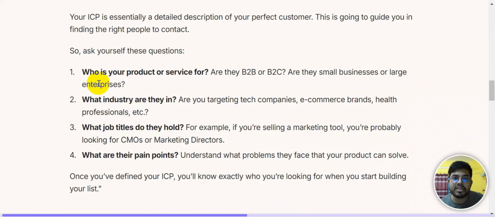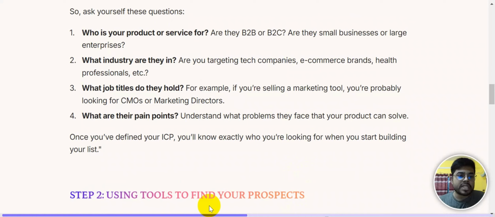The more info you can gather, the stronger your ICP will be, and you will get a better understanding of your ideal client profile and your targeting. And then it will be good for you in future as well to find the list and get good results via cold email. Once you have defined your ICP, you will know exactly who you are looking for when you